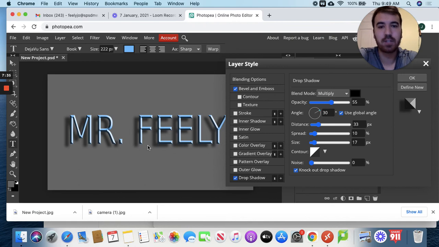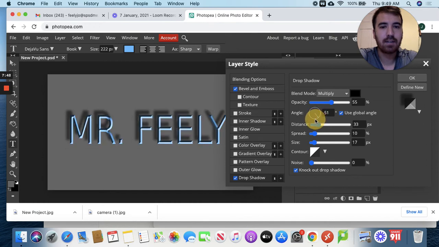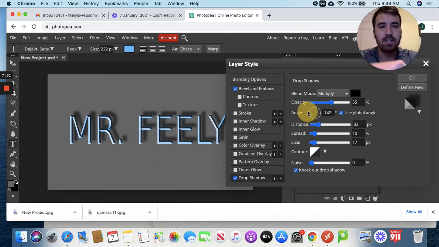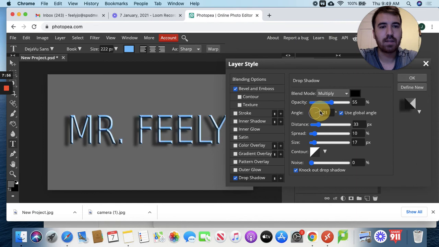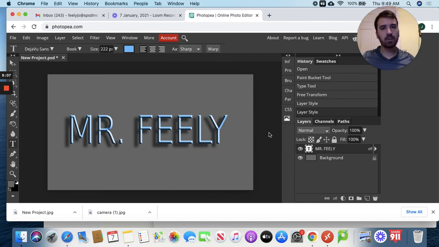You can change the shadows. You can even change which direction they're in. So right now, you'll see this little angle button. You can change it by dragging the little clock hand here. You'll see our shadow is actually changing. It's changing the direction. I think we are probably good where we were before, around 30. All right, so I'm going to hit OK. And there you go. You have your name in 3D text with light hitting it and a shadow being cast